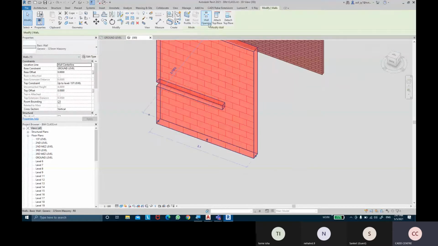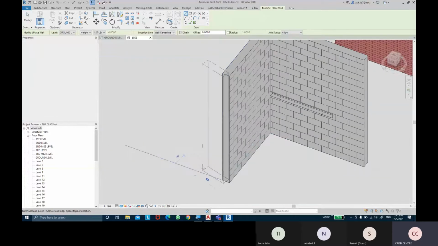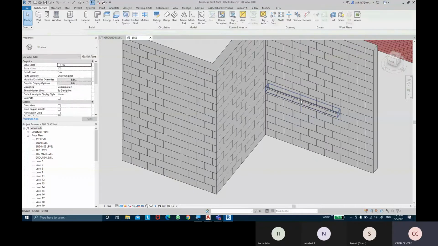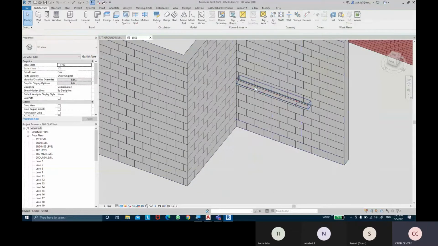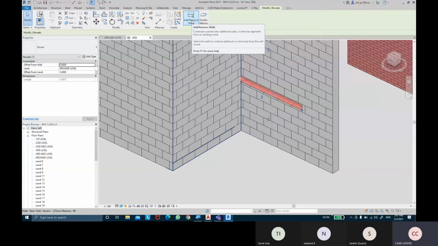Maybe if I create another similar wall, I'm going to take this wall and use the command called create similar, and create another similar wall somewhere like that, and keep continuing this wall like that. Supposing now I want to apply this reveal on this wall and this wall as well. So I want to continue this reveal, so I'm going to select that reveal. There's an option over here that says add / remove wall, with which I can add a wall to apply the same reveal on the other walls as well. So add, and then click on this wall to apply it to this wall as well.